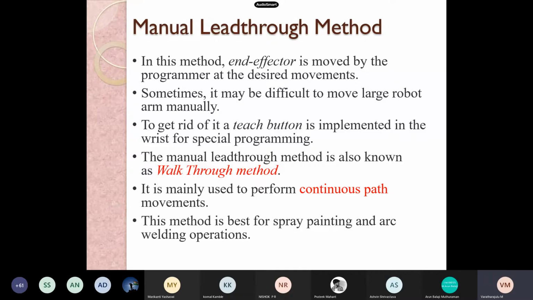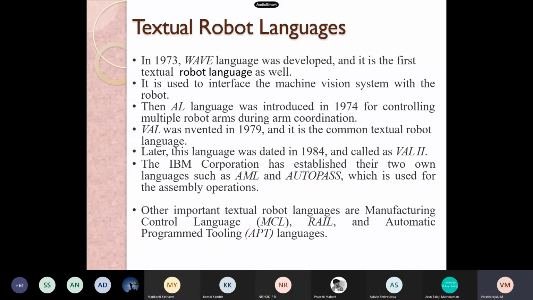Similarly, arc welding is another example in which continuous path programming is required, and this is sometimes accomplished with the manual lead through method. These are the two typical examples used with the manual lead through method. Some other textual robot languages are presented here. The first textual robot language was WAVE, which was developed during